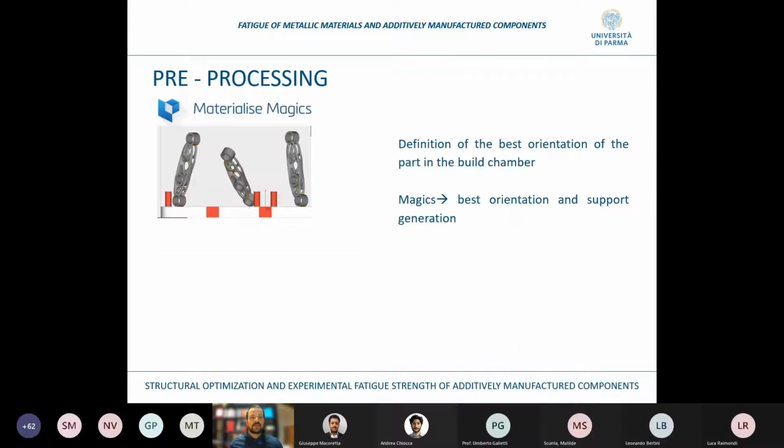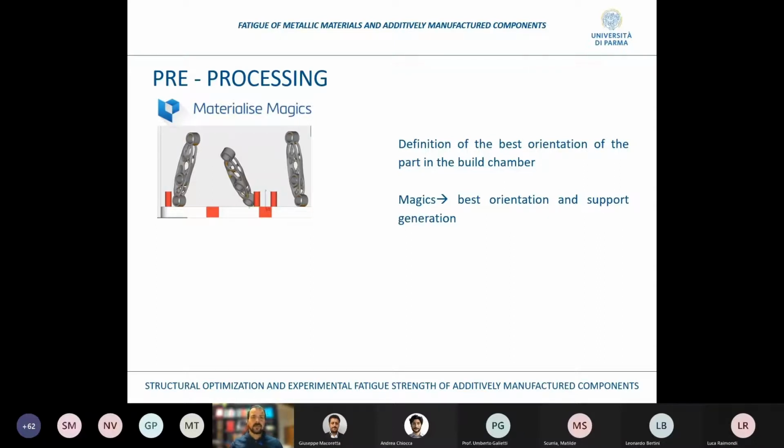The first step of the production part is the preprocessing, as I said, so the preparation of the build job, where it is necessary to define and select the best orientation of the part. And in this case, the software Materialise Magics is used for the definition and the observation of where the supports need to be located,